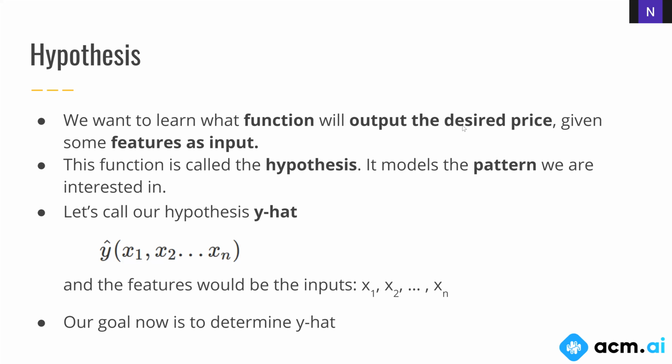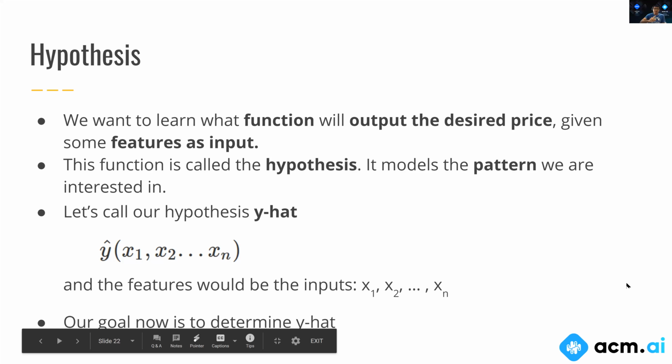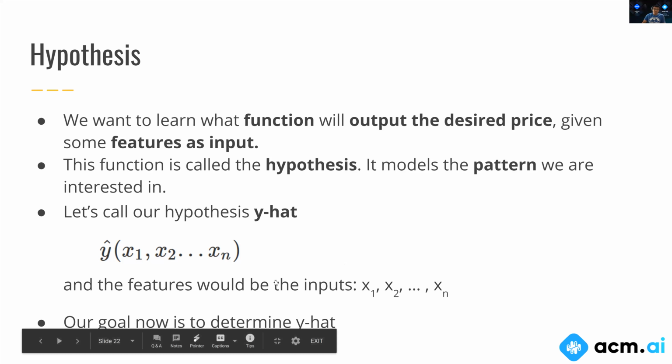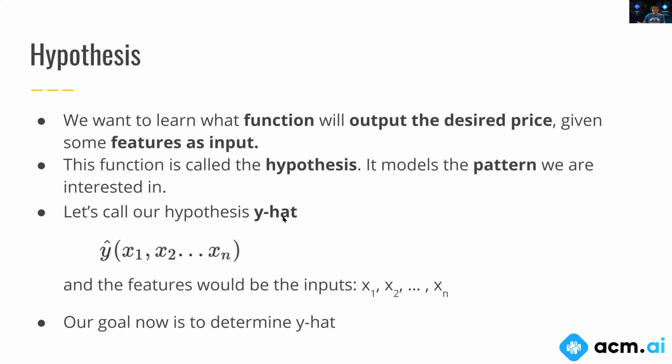That's why, if you remember correctly, in the previous slide we called our target list y, and our hypothesis in this case is y hat. We're going to see how this works together in the next few slides to eventually apply something called an error function or a loss function to figure out a way to apply gradient descent. We're going to see that shortly. Yeah, so then we move on.